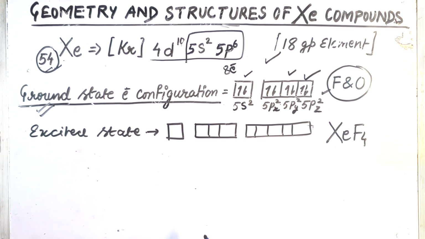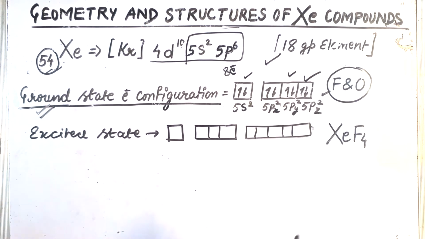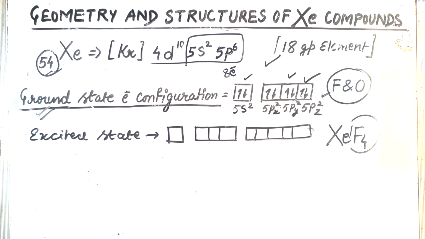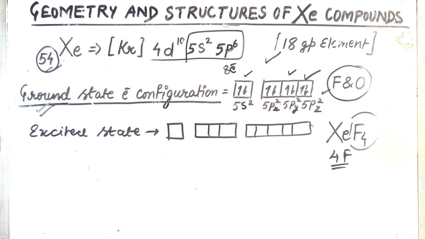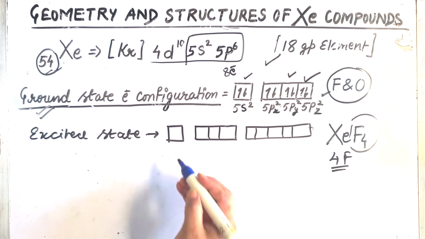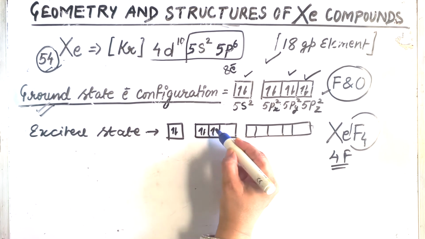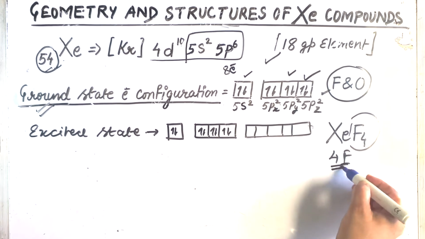Now let us talk about the compound XeF4. So let us see how xenon will prepare itself for making XeF4. Now look at the number of guests coming to the xenon for making the bond. There are 4 fluorines coming to the xenon to make xenon tetrafluoride. So what it has to do? Xenon this time has to create 4 half-filled rooms, so that it can make bonds with the 4 fluorines.